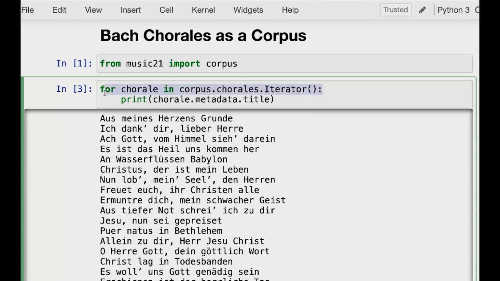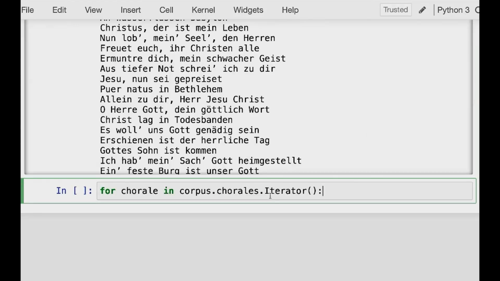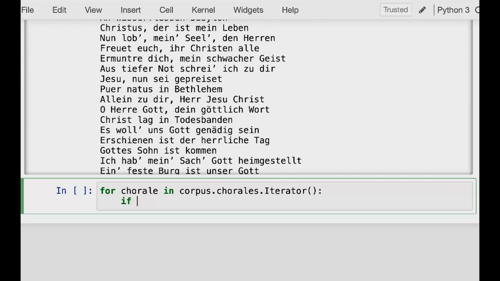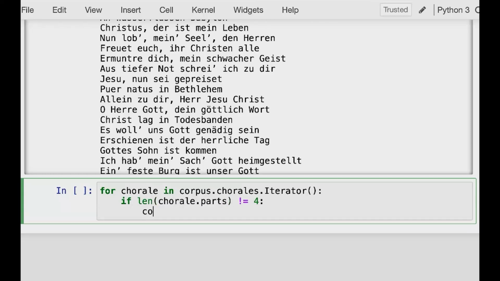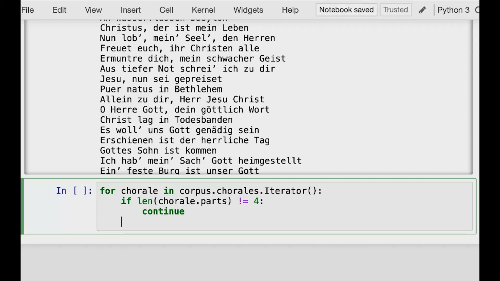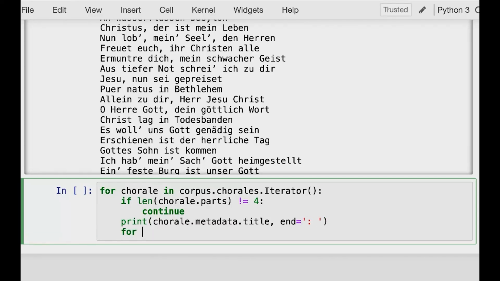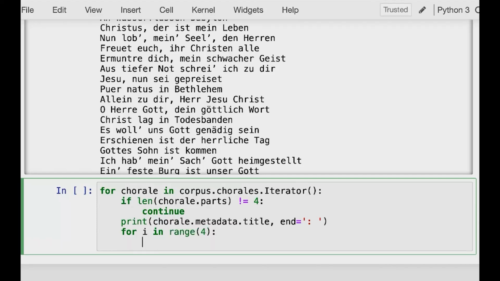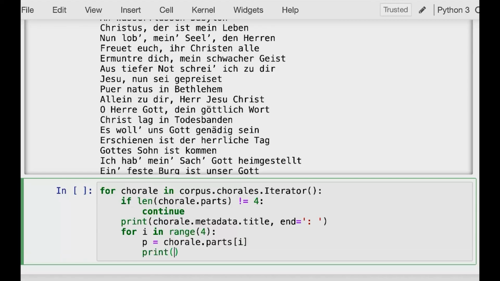So not every chorale has 4 parts. Sometimes we want to do: if len(chorale.parts) not equals 4, continue. Then let's print chorale.metadata.title, and we'll put a colon at the end. And then for i in range 4, 0, 1, 2, 3, right? p equals chorale.parts[i], print